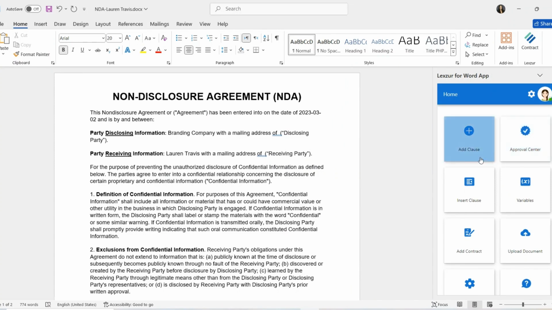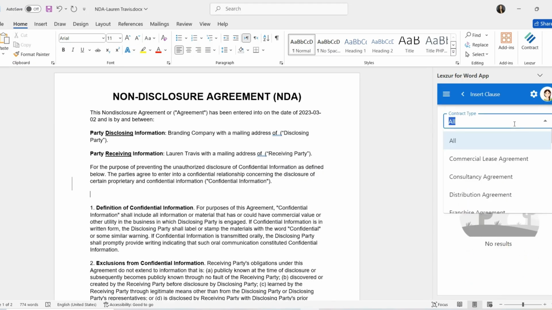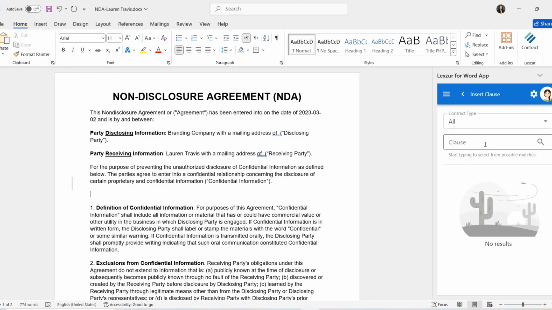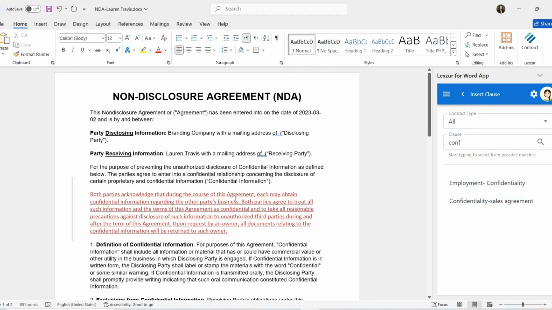The add-on enables you to insert predefined clauses into your contract document, or add new clauses directly to the system through the Word app. To insert a clause, click Insert Clause to access a list of predefined clauses. Search for the desired clause by name and select it. The content of the clause will automatically be added to your document, saving time and effort when including standard or